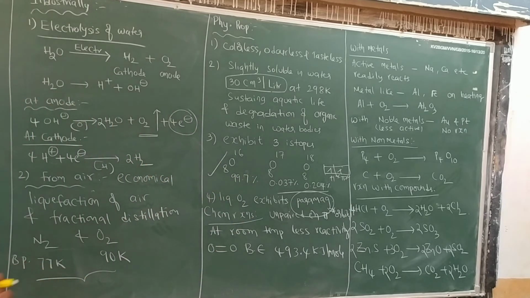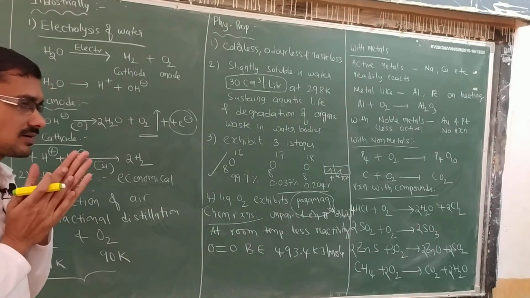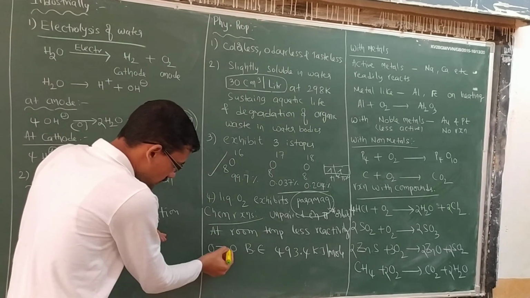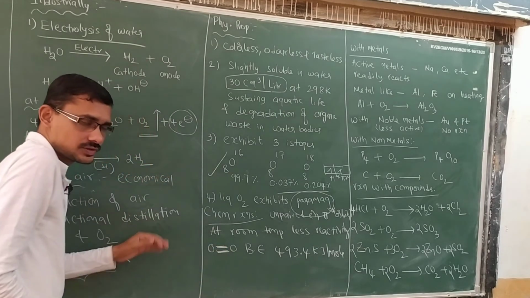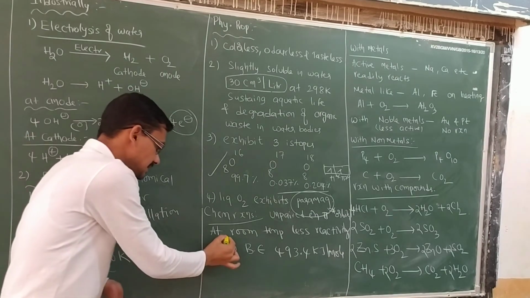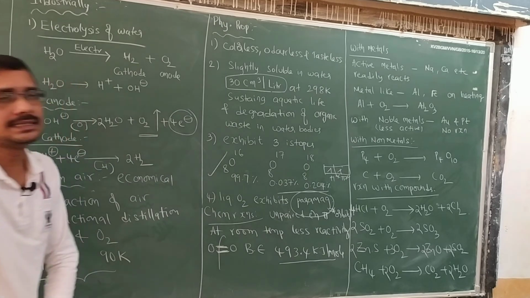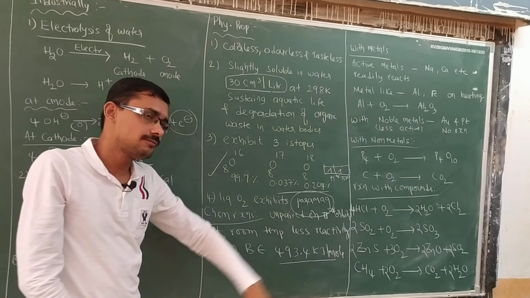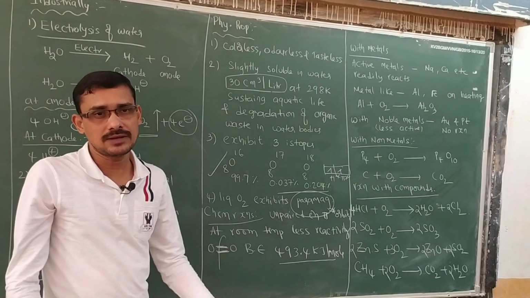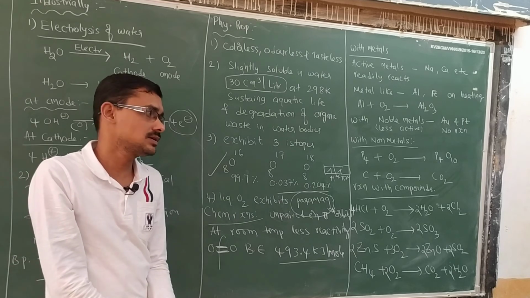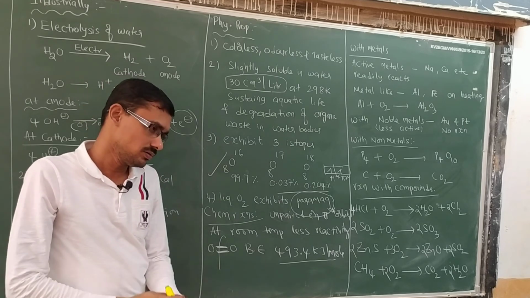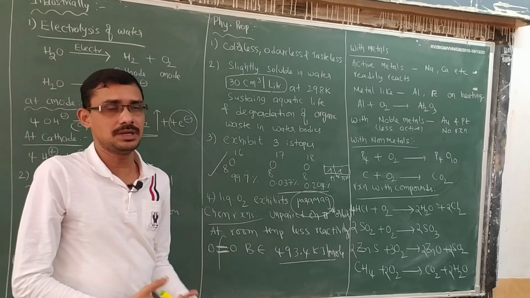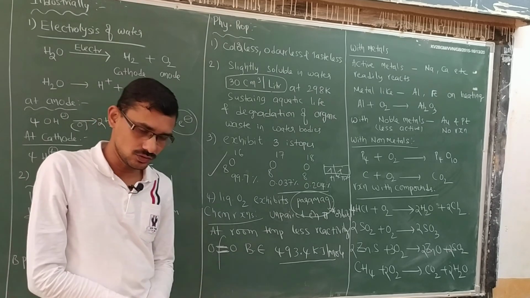Next, coming to chemical reactions. Generally, oxygen does not undergo any chemical reactions at normal conditions, at room temperature. Why? Because of the bond energy. To break these 2 bonds, one sigma bond and one pi bond, how much energy is required? A large amount, 493 kilojoules per mole. 1 mole of oxygen requires roughly 500 kilojoules per mole. That is not available at room temperature, so generally oxygen does not react at normal conditions, unless the elements are very active in nature, in which case they definitely undergo these reactions.